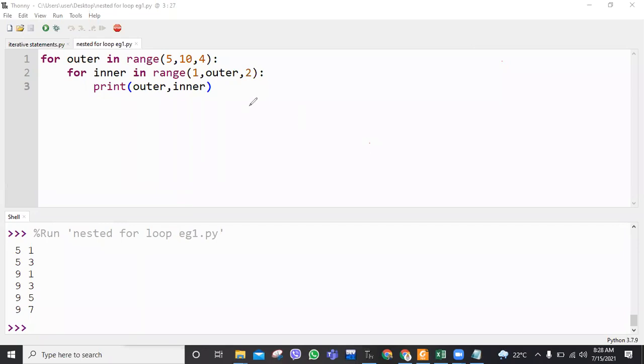For outer in range, one of the variables is outer. I'll simply write O, you try to understand. Then another is I, which represents inner.